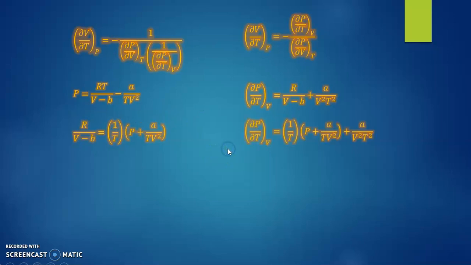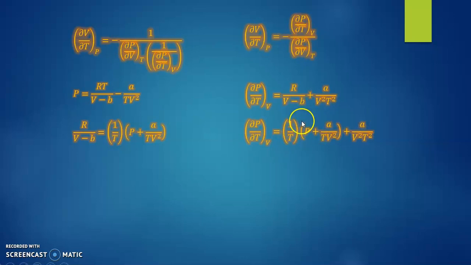In this case, since we already have this equation, we can replace this term with the help of the original equation. So let's solve for r over v minus b like that. From this equation we can get this term and we can replace it in this derivative in order to get this other expression,